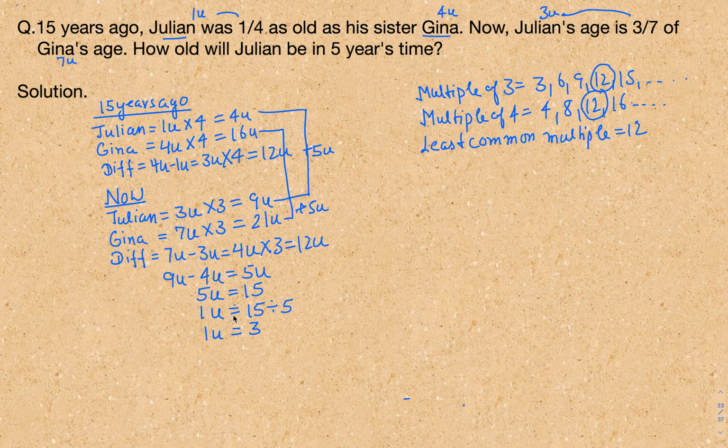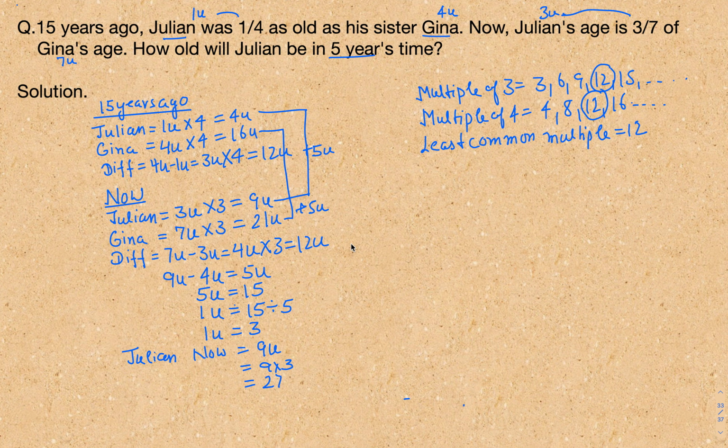Okay, now let's read the question. How old will Julian be in 5 years time? Okay, so what we want to know is how old will be Julian after 5 years. So in order to find how old he will be after 5 years, we have to first find out how old Julian is now, right? So see, for now, Julian is 9 units, right? So let's find Julian's age now. Julian now is how many units? 9 unit, right? So we can find out how much is 9 unit. That is 9 times 3, right? That will give us 27,